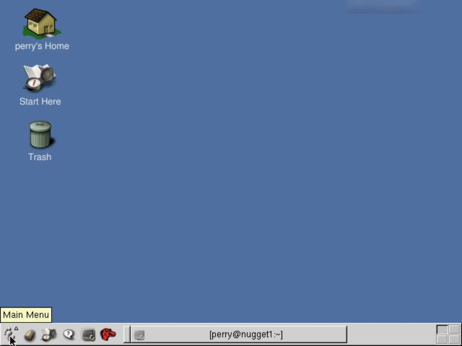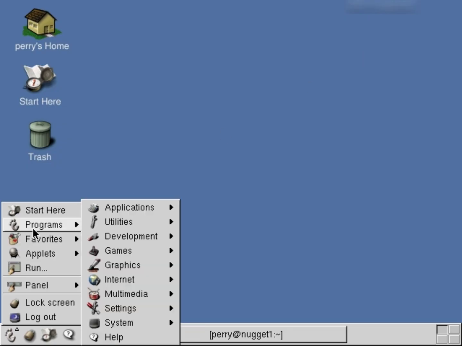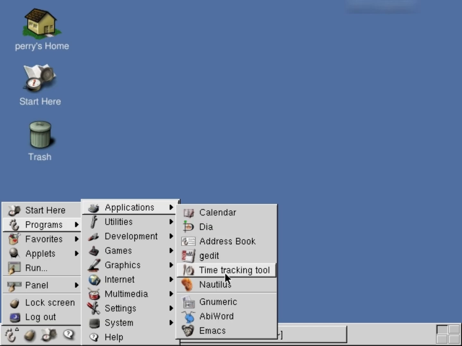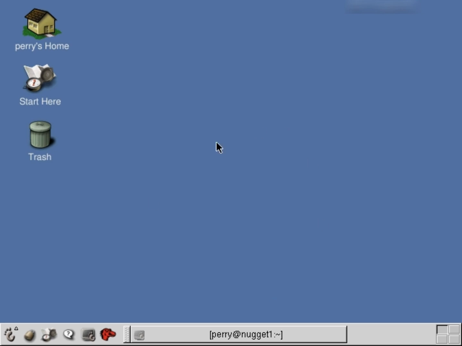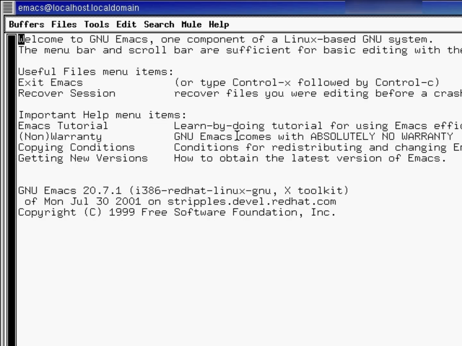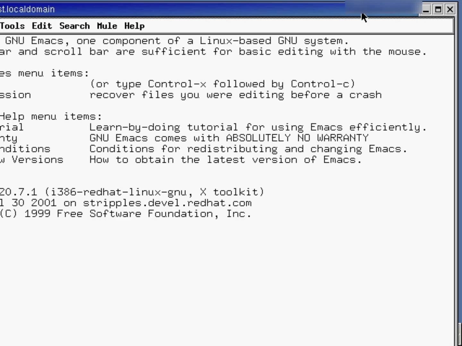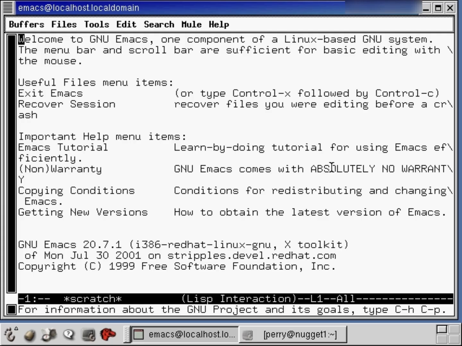And the way I'm going to launch it is go down to here, the main menu, go to Programs, Applications, Emacs. So I can click on this, or I could just type emacs at the command line in the terminal window, all lowercase, and that would start up the Emacs window as well. All right, so I'll start up the Emacs editor, I'll click on this, and now this is the Emacs window that comes up here. And you can see it's running off the right-hand side of the screen. That's just because my screen resolution is set so low for recording these videos. I'm just going to click on this button so that it all fits in one screen and you can see